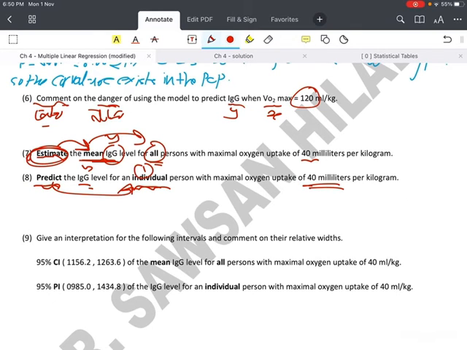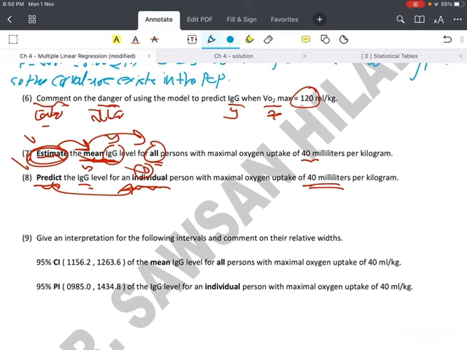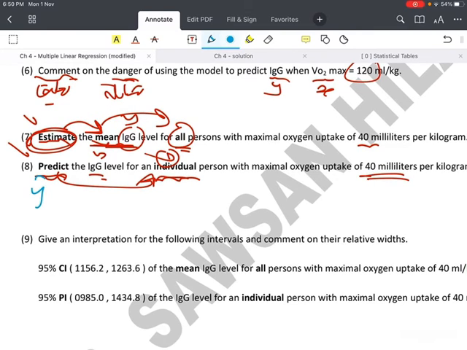Okay, here, if you say estimate, that means for the mean, for all, but predict is for an individual. So this will be changing only in the words estimate and predict, mean and individual. It is just a difference in terminology, but the answer is the same. So you will see here the value will be y hat equal